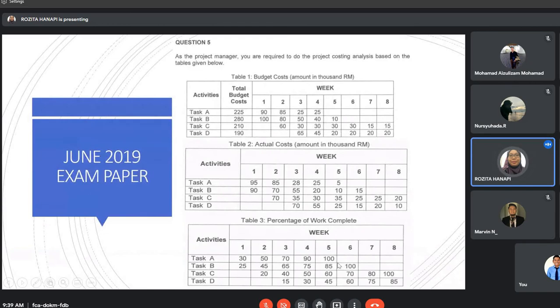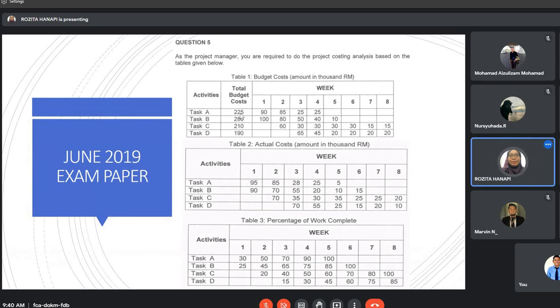So for task A, the TBC for the work package is 225,000. For task B, it is 280,000. And for task C, it is 210,000, and then task D, it is 190,000. So after you get the TBC of each work package, then you should be able to calculate the earned